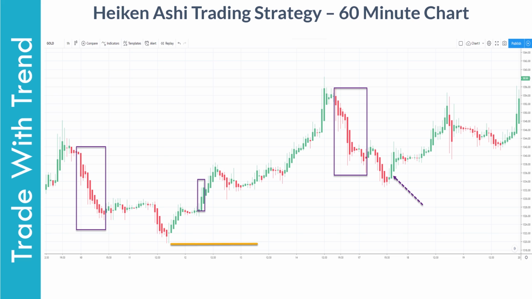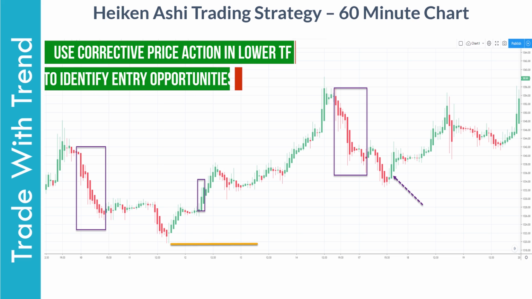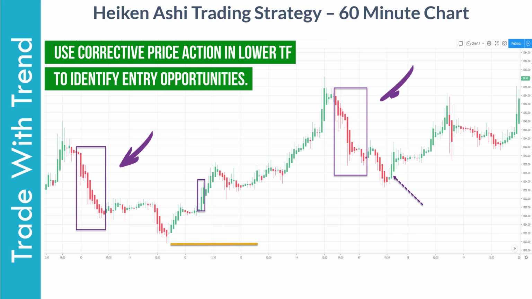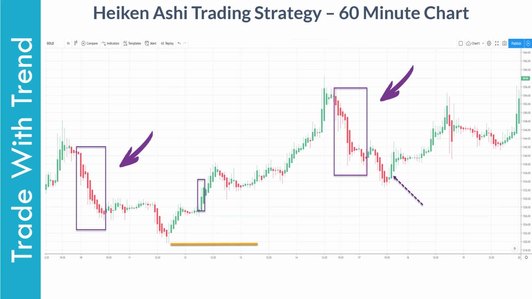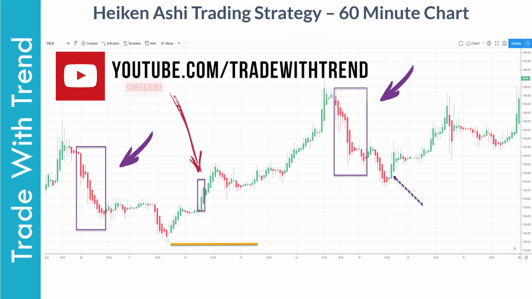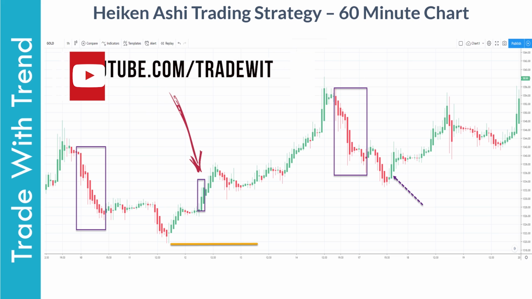confirmation candles. When you have identified trend as bullish on a higher time frame chart, wait for such corrective price action on a lower time frame chart. For instance, in the previous chart, we saw that trend was bullish as per daily time frame. Now on a 60-minute time frame chart, you should then wait for such corrective price action. Now post this, you should then enter when you spot two initiation candles on the chart along with a confirmation candle. This would signal price aligning back with higher time frame trend, and this in turn becomes your low risk